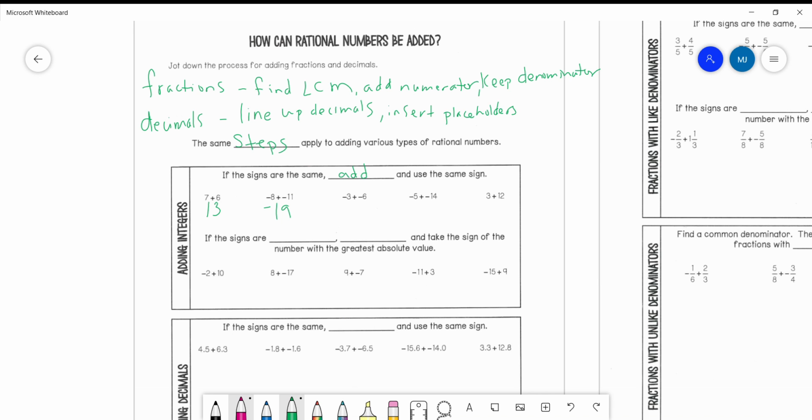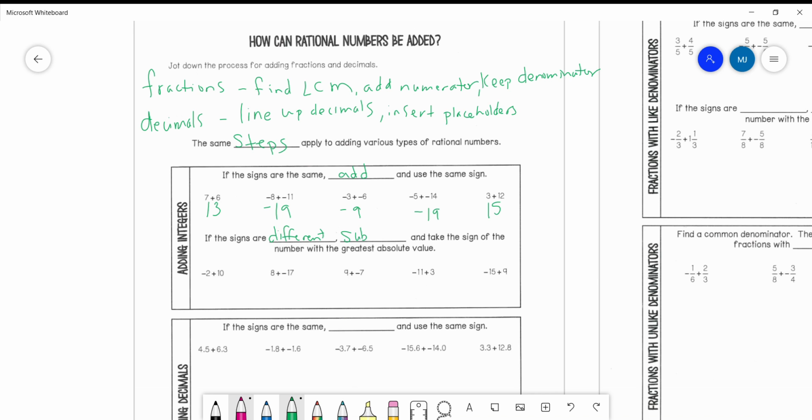Negative 3 plus negative 6. The signs are both negative. So 6 plus 3 makes 9. And the answer is negative 9 because that's the sign we're using. Negative 5 plus negative 14. Same signs. They're both negative. So the answer is negative 19. 3 plus 12, both signs are positive, so we're going to add those. 3 plus 12 is 15. Answer is positive 15. If the signs are different, however,